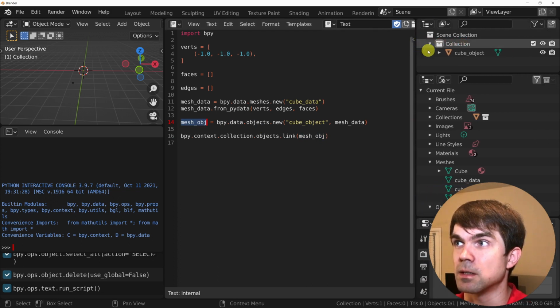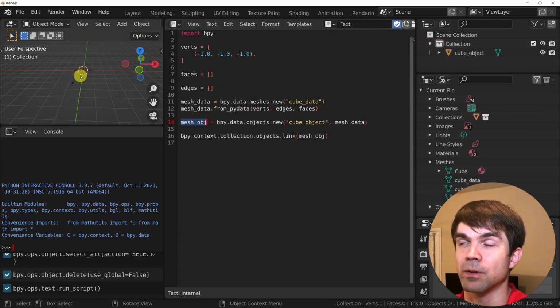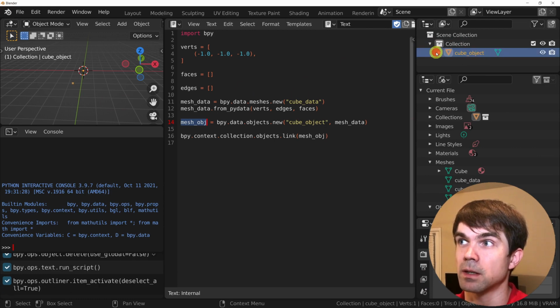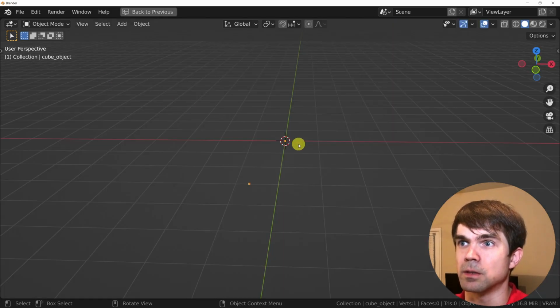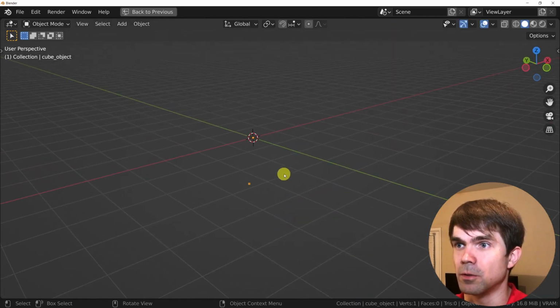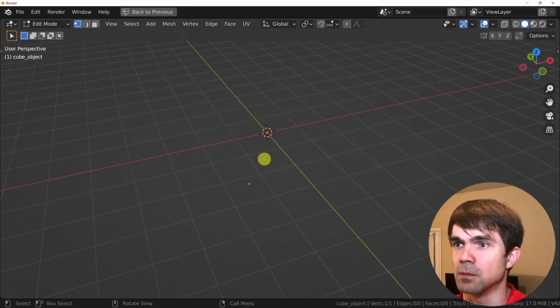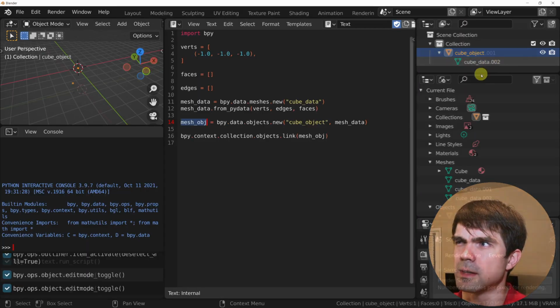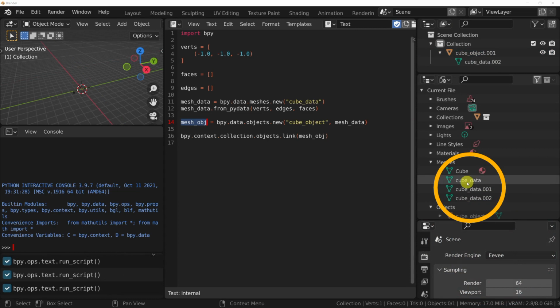And as you can see right here in the outliner, we have this cube object, right? And it has the cube data, mesh data. And if we go into the 3D viewport, you could see that single vert. Also, you might notice that we have more than one cube data.